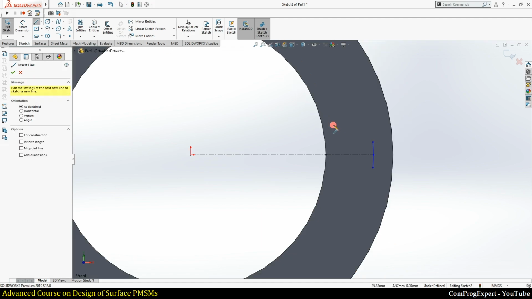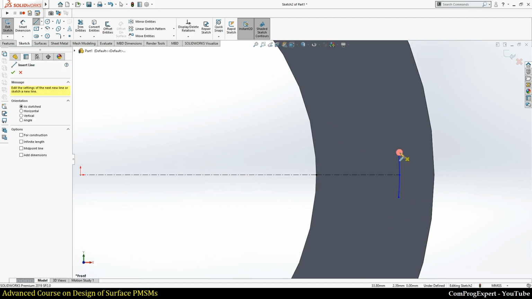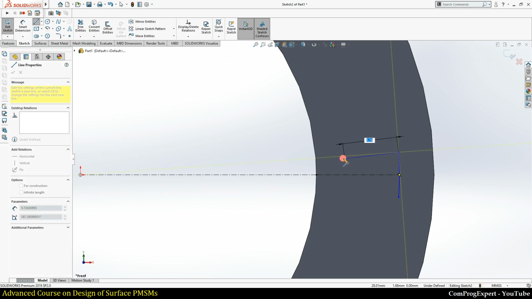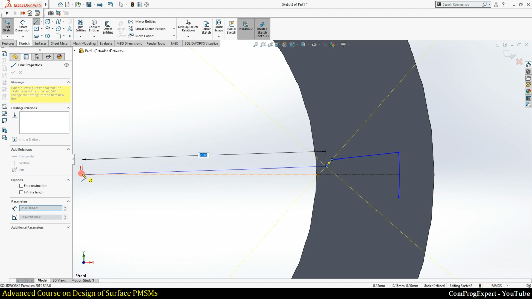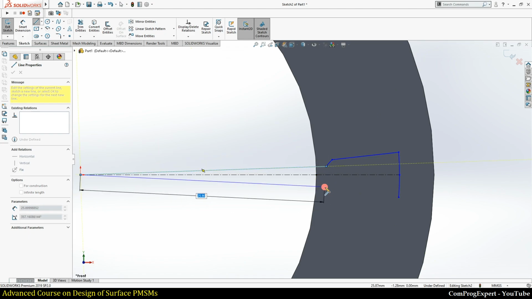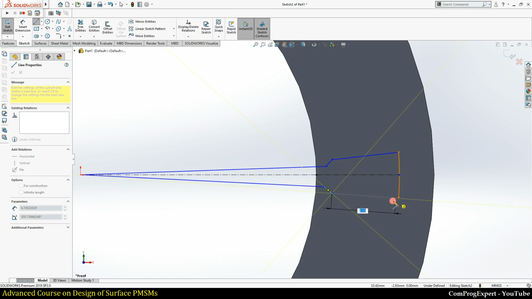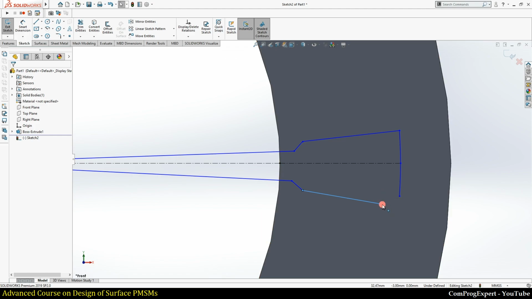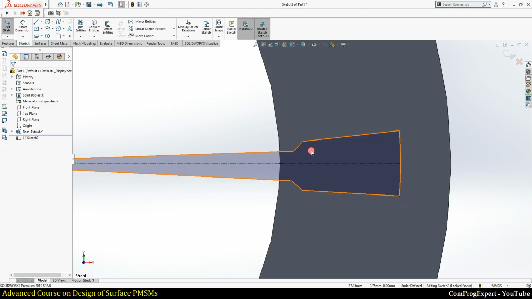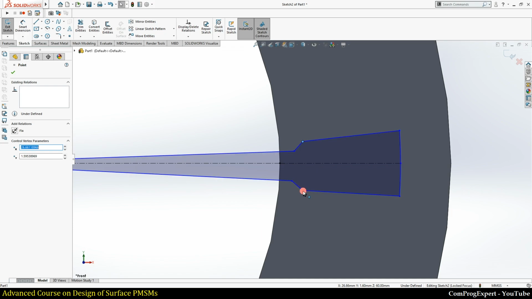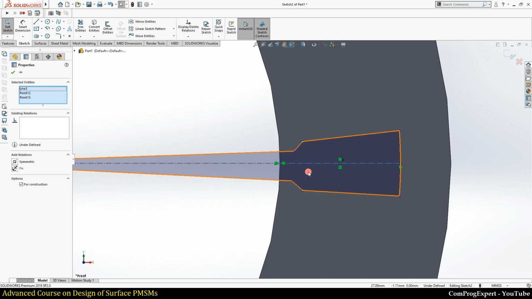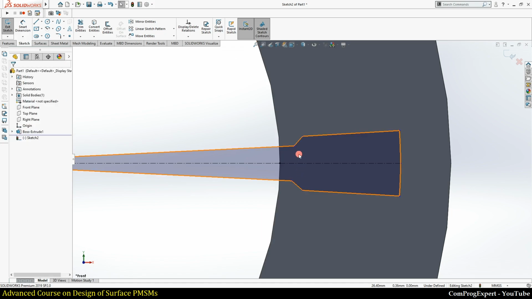Then I can plot this line. Okay, this line, and finally this line, and this one. So arbitrary line. We know that this point and this point and these center lines, if we select them, we can apply the symmetric constraint, right?